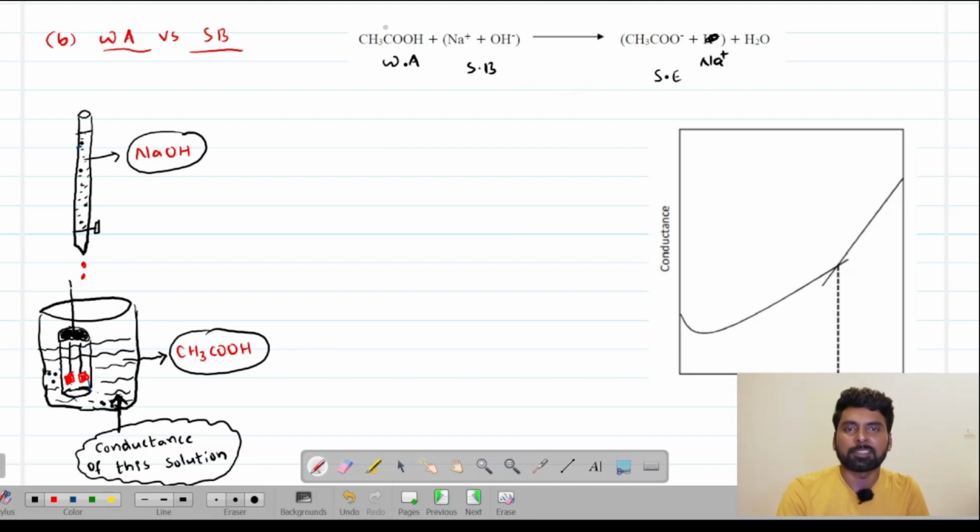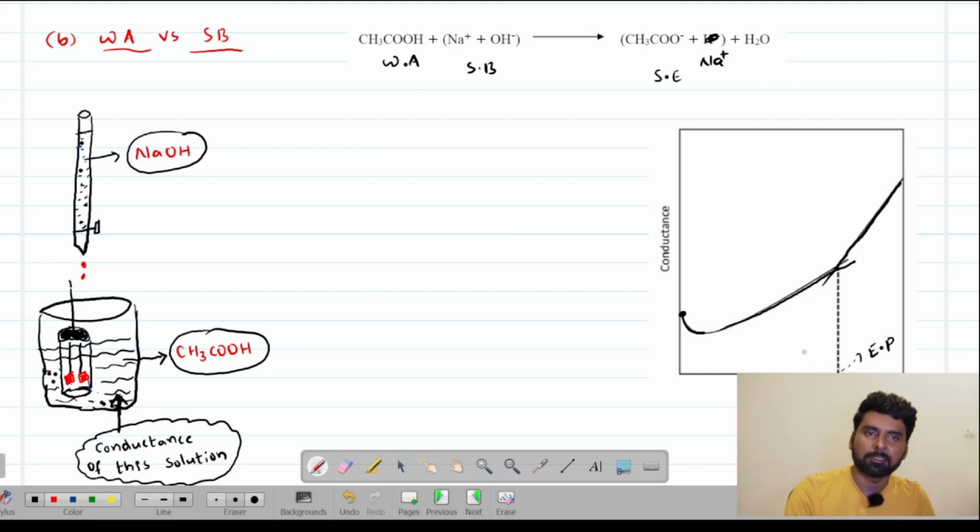So now let us see. Initially pure acetic acid is there, so definitely conductance will be low. Acetic acid is a weak electrolyte. But during the titration I will come to this slight decrease. Let us consider the remaining part. Conductance is increasing till the end point. Later that also increases, but that increase is not taking the same slope, it is taking another slope. Here also two lines are intersecting, and the point of intersection you can consider as the end point or